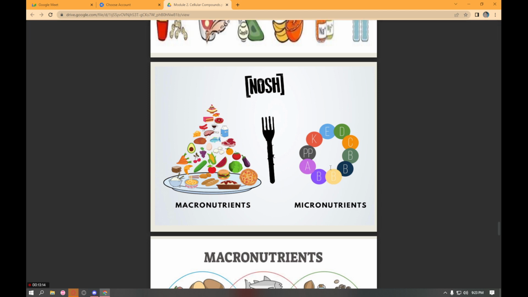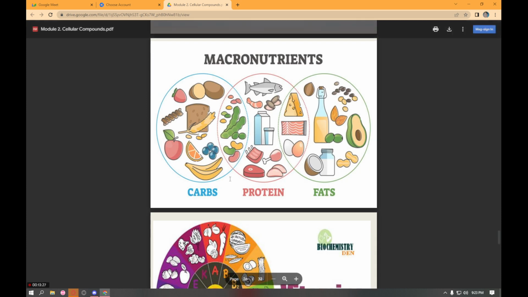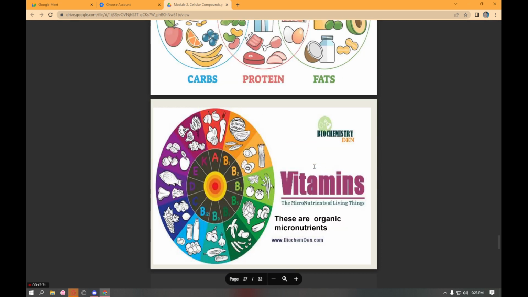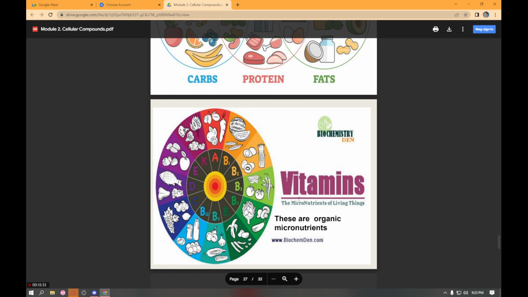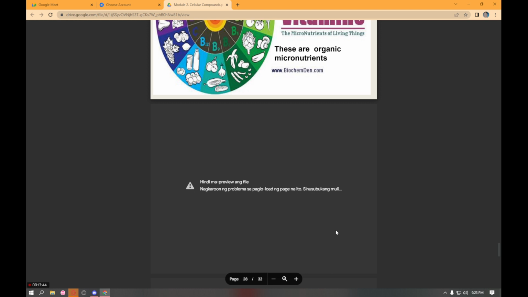For example, your vitamins. Those are what we get aside from your macromolecules. So these are the macronutrients: the carbohydrates, proteins, and fats. How about the micronutrients? The vitamins are the organic micronutrients, and they are divided into